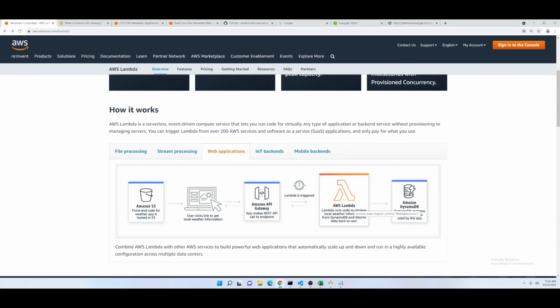So I send in my name, API Gateway passes my name on to the Lambda function, which starts saying, hey Trevor, and then makes another call to DynamoDB to retrieve all of the accounts linked under my name,